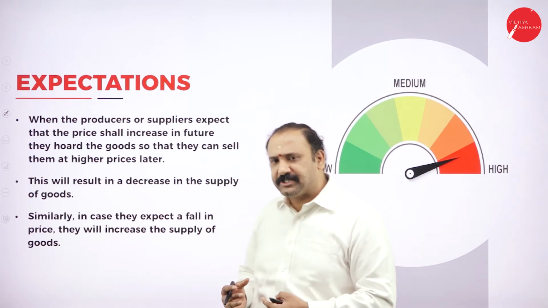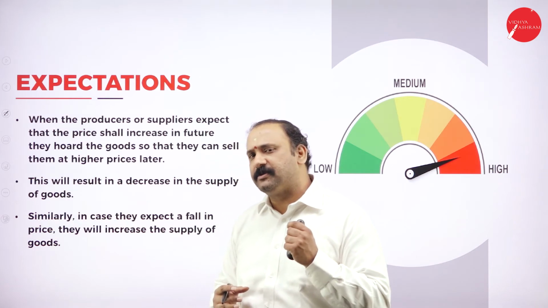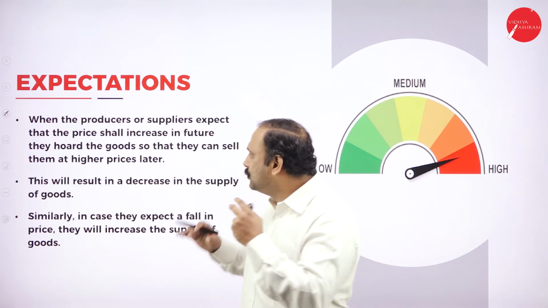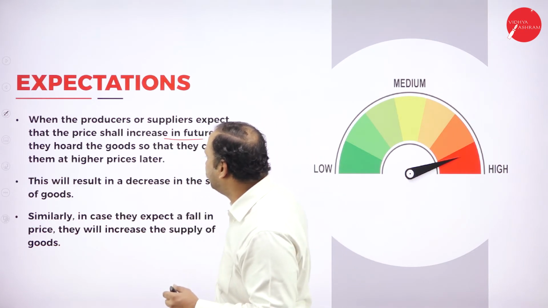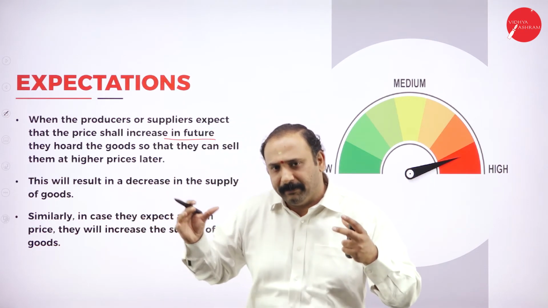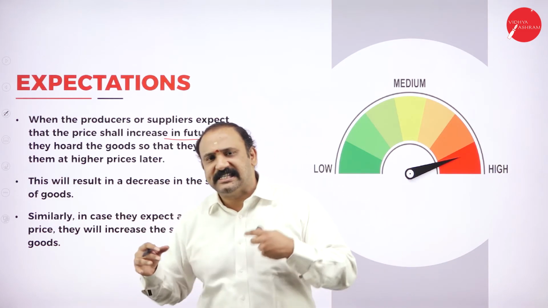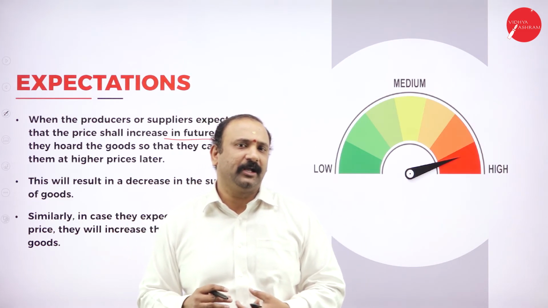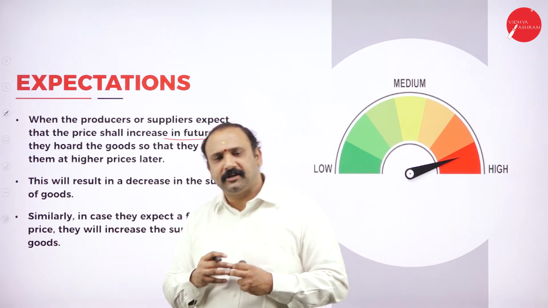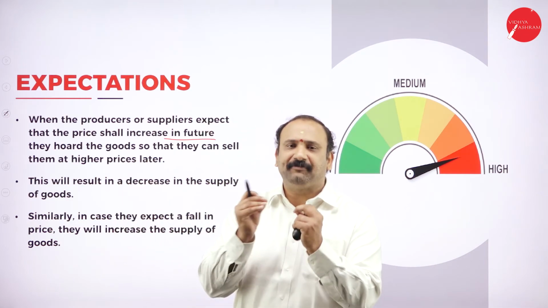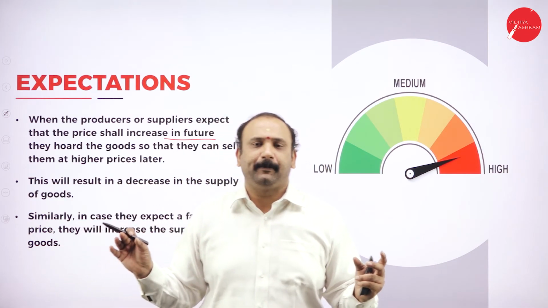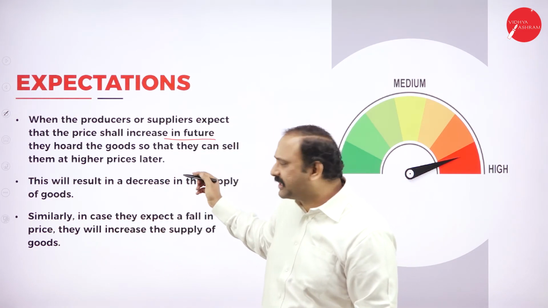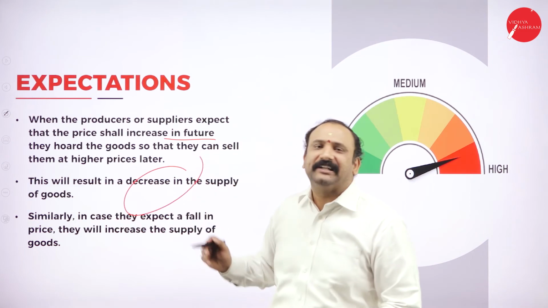Followed by the expectations. As I always said, the market comes up with great expectations. So what happens here is that when you expect the price to increase in future, they hoard the goods automatically. People want to hold it back and sell it at a higher price. A typical example is the onion business that we are talking about. Always when you see that onion suddenly shoots up to a very high price, and after some time they just open up the supply, the prices come crashing down altogether. That's exactly where market expectation plays a very great role.